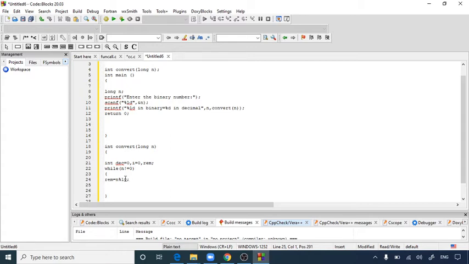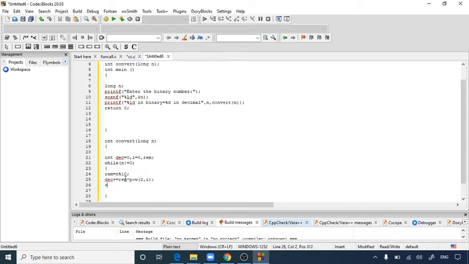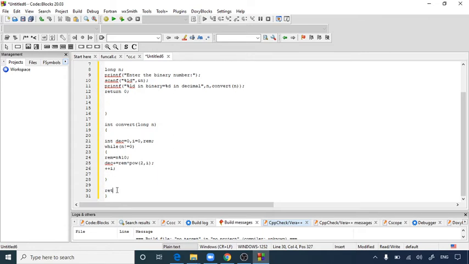After that the decimal should be increased by remainder multiplied with power, and in brackets I am going to write 2 comma i, and then let's increment i by plus plus i. And then we have to return the value of the decimal variable, which we have declared inside the function body.